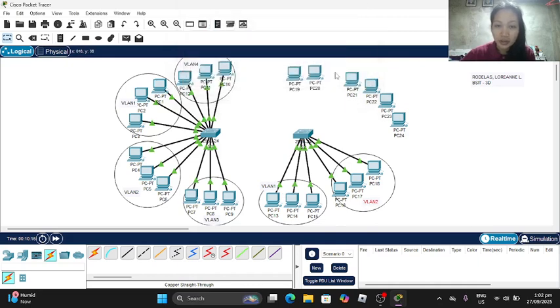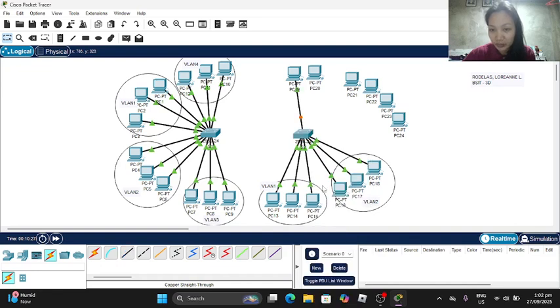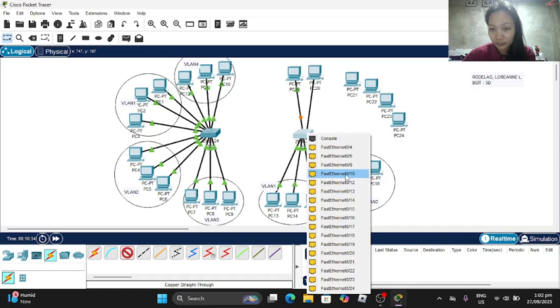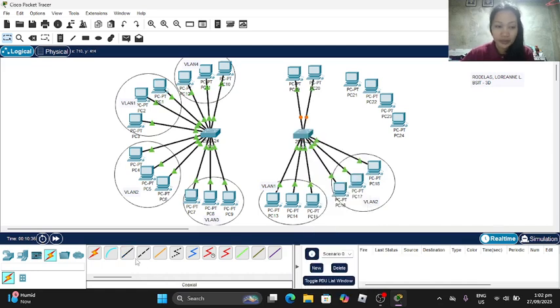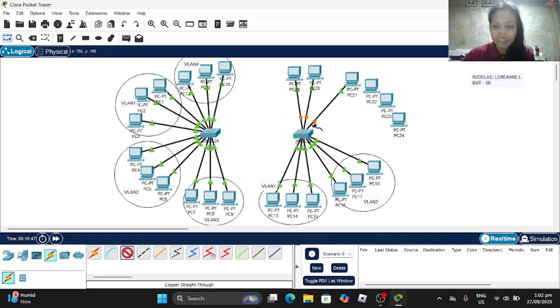And for VLAN 3 is PC19 and 20. We'll be using the ports 11 to 15. And lastly, PCs 21 to 24 will be under Fast Ethernet 16 to port 20.